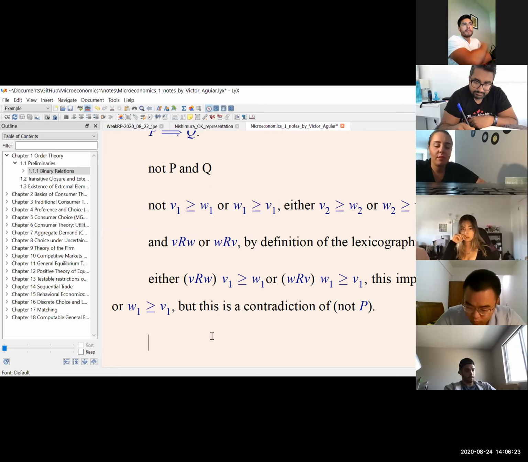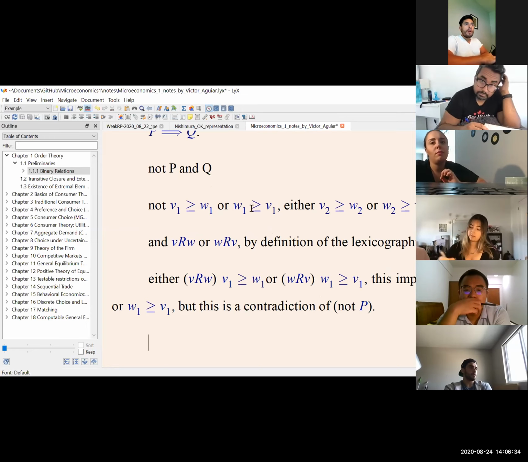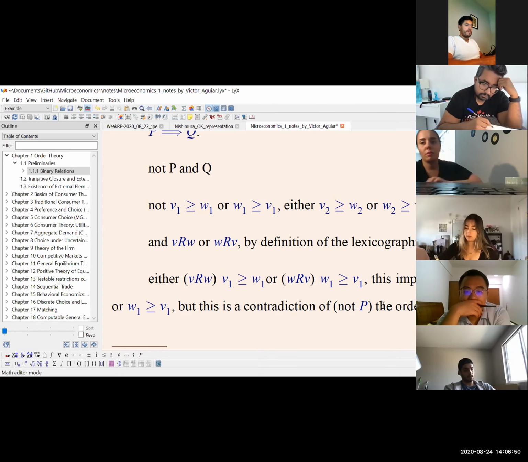I basically took two statements, I broke them into the definitions, and then I wrote the formal statement, which is not P and Q. Completeness of Q basically means that entry by entry, you have to be complete. But by definition, I'm telling you that the scalar order is not complete. So this is a contradiction of the order in the reals